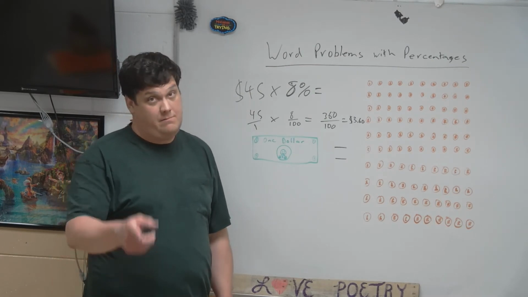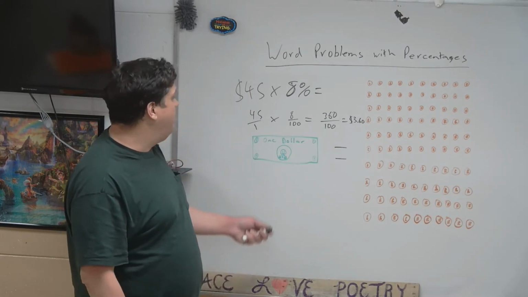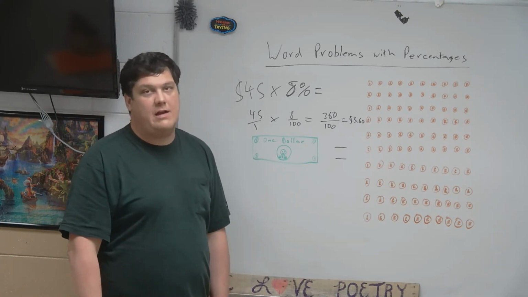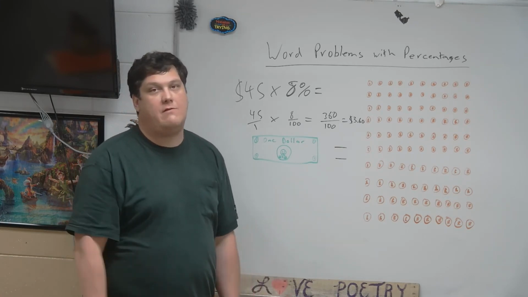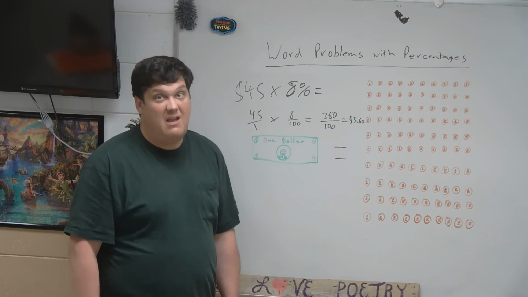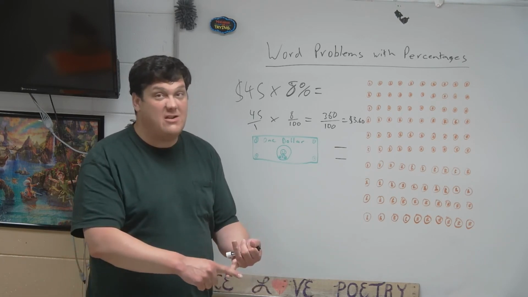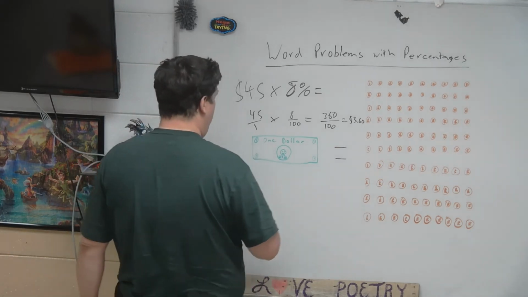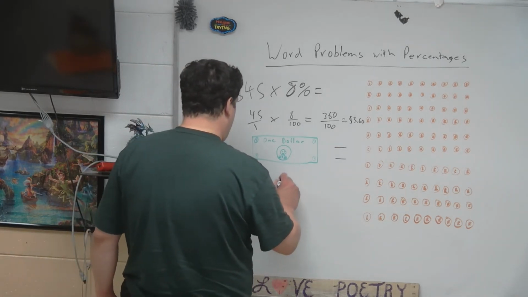Or they might tell you, if they're real tricky, they might say, well, the jeans were originally $60. Now they're 25% off. The sales tax rate is 8%. What's the total amount you have to pay for jeans, including sales tax? Now you have to figure out how much the jeans cost at a discount, and then you have to add the sales tax. So once we've got all that, we have to add 45